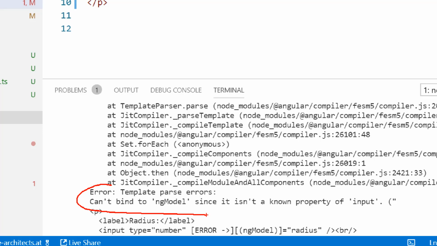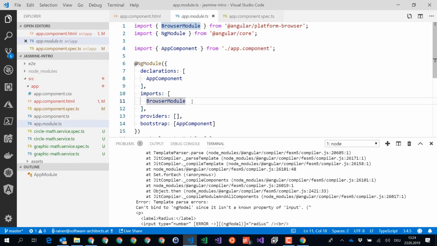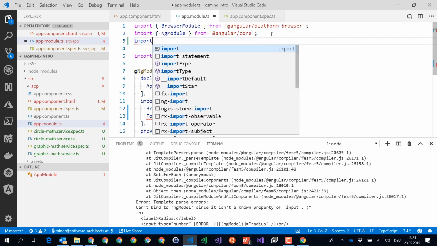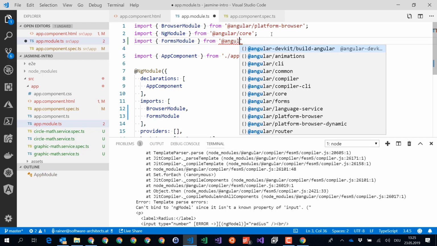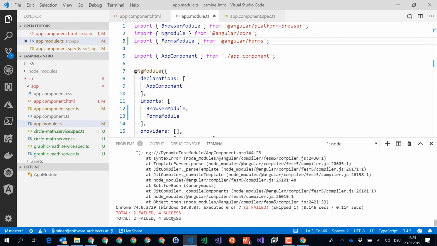An import, exactly. So we go to the modal here and import what? Do you know it? Forms module, right. The forms module, and either you copy it from my slides or you say forms module from @angular/forms. Good. So if I run this again, our unit test